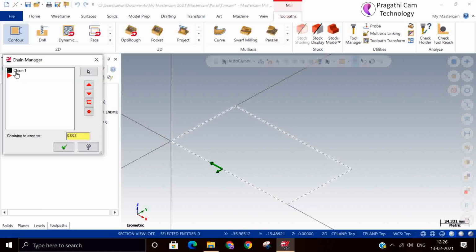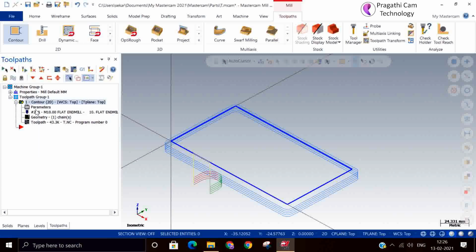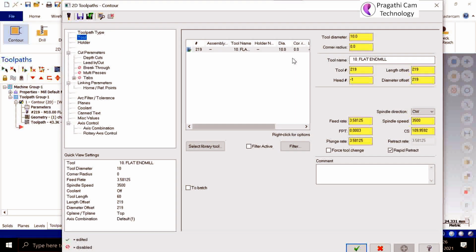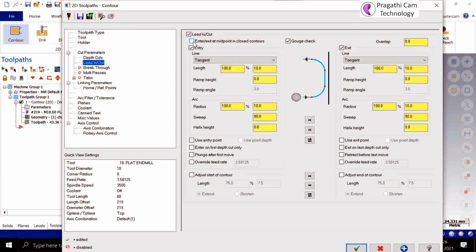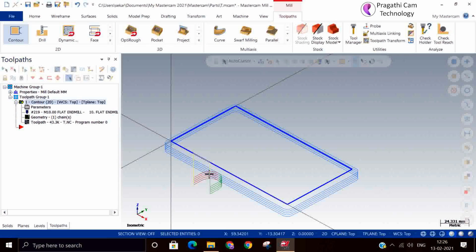Okay, so next question is why does it always start at the center? Because in lead in lead out, it enters and exits at the midpoint of the contour. But now we have made it a dynamic change. That's the reason it came there.